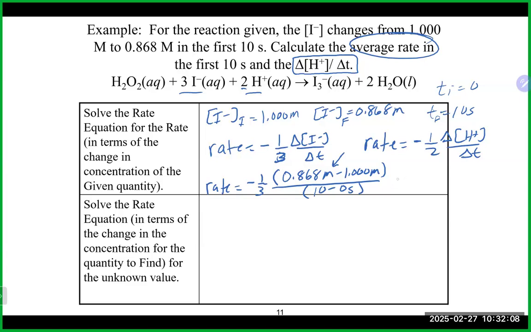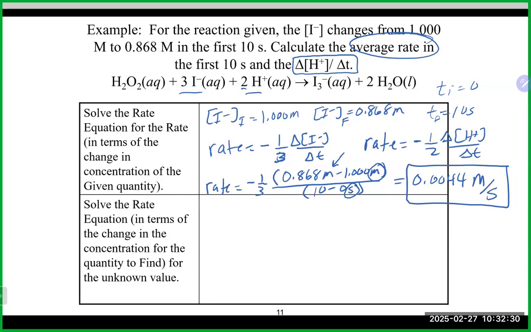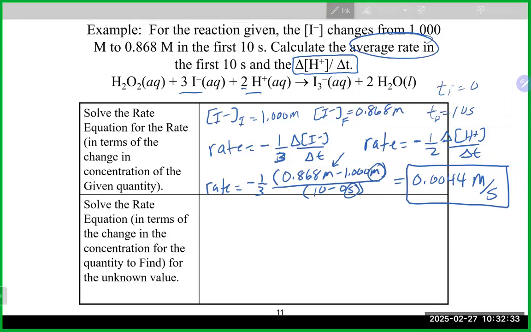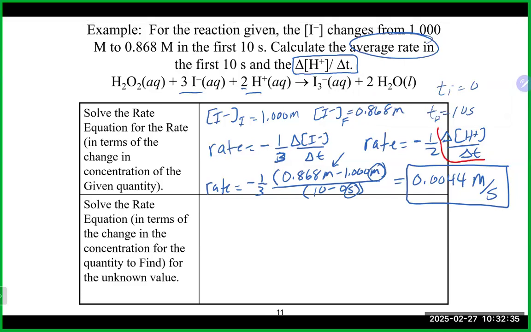That's going to get us here that the rate, or the average rate for this reaction, is going to be 0.0044. The units on top and the units on the bottom do not cancel, molar per second. Now, that is the average rate, and how that helps us with the H plus is we are ultimately looking for the H plus for this, right? So we're ultimately looking for this, which means we now just solve for that. So that's going to be really helpful here. So that would mean in this case